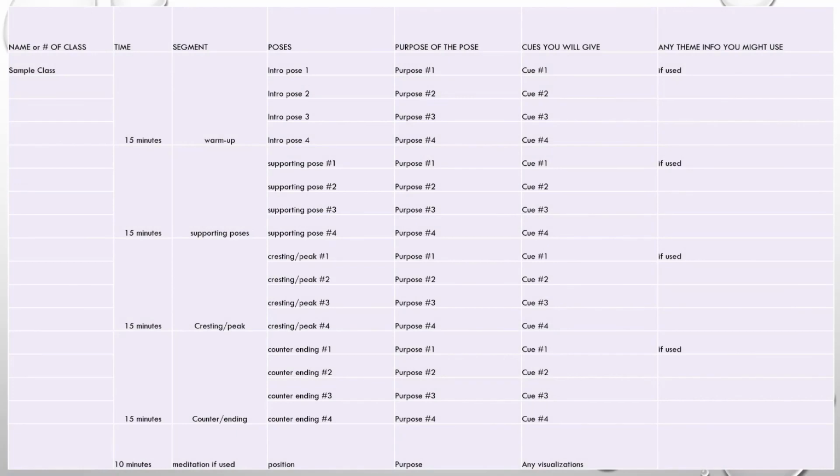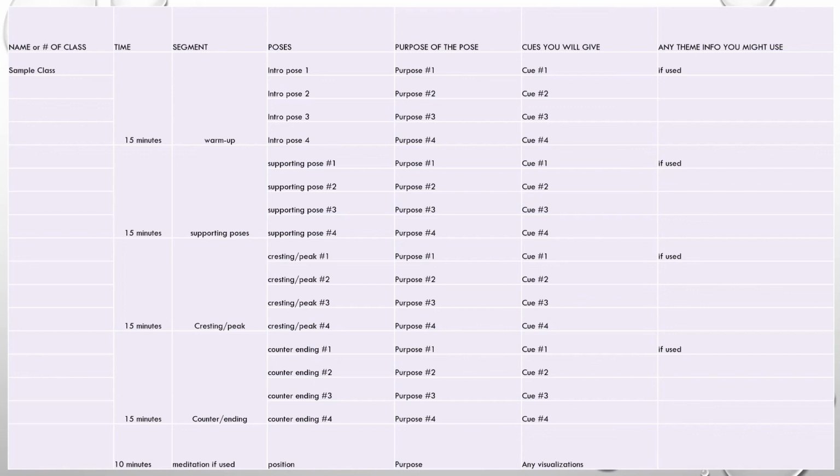All right, so let's take a look at how we can put together our ideas into a class plan. Okay, so this is a template that you can use to do a class plan. So this template is designed for what a yoga studio class would be, which is generally a good hour and 15 minutes or so. But because we are looking at 1, the gym setting, and 2, looking at different levels of ability, I want you to think about how much time each of these